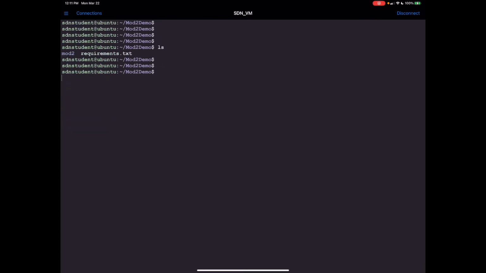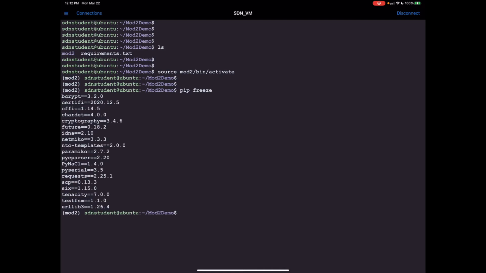One thing I'm also going to demonstrate really quick here is persistence across virtual environments. So if I source mod2 bin activate my virtual environment again and issue the pip freeze, we can see that all the packages that I originally installed are still there. So it does maintain that as it goes, but you still do not want to upload that mod2, which is the virtual environment directory and all of its contents. You don't want to upload that to a code repository because there's a lot of libraries and stuff that goes in there. So to show you how dynamic and lightweight we can keep these projects,